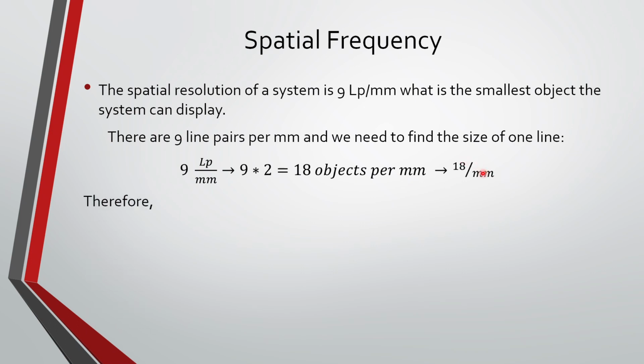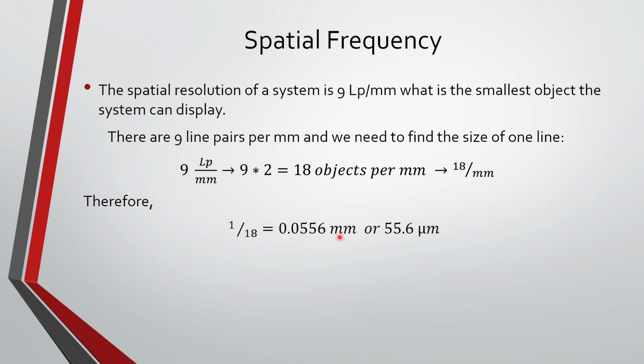We need the measurement in the size. So right now we have 18 objects per millimeter, all right? So we need how many millimeters there is per object. Millimeters per object. So we go ahead and do the reciprocal of this. Right now we just have 18, and it could be like 18 over 1, and we do the reciprocal of that right here, and then we get this number,